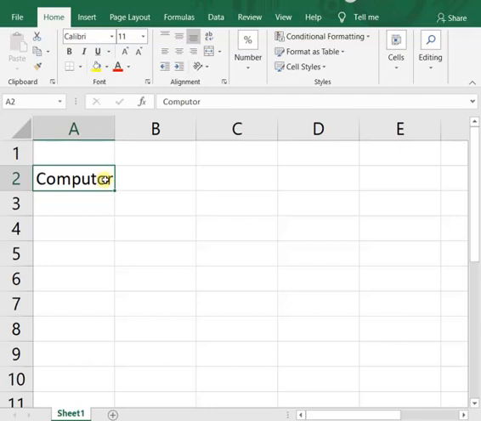For that we have to double click on this cell. When we double click on this cell, a blinking cursor will appear. With the help of the arrow keys, we can take the cursor to the position where the mistake has been made. In place of this O, it has been made. So we bring it in front of the O and press the delete button of the keyboard.